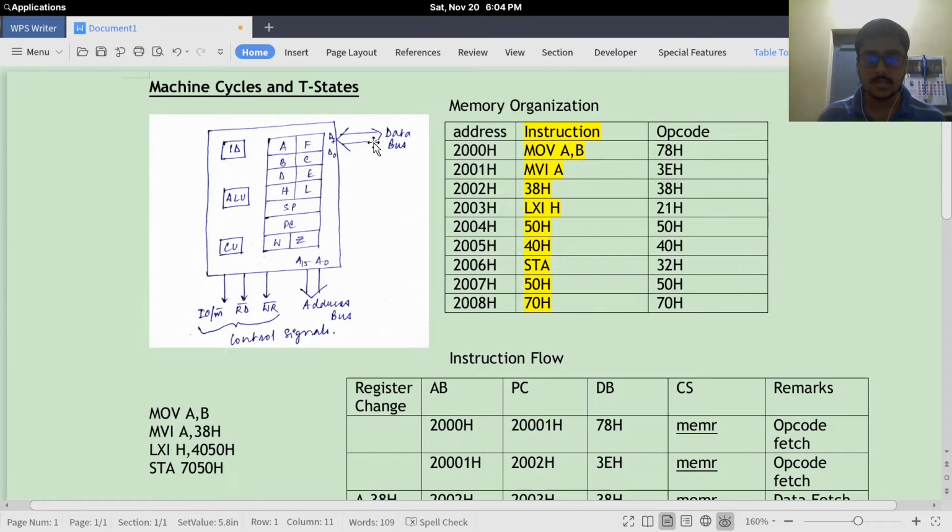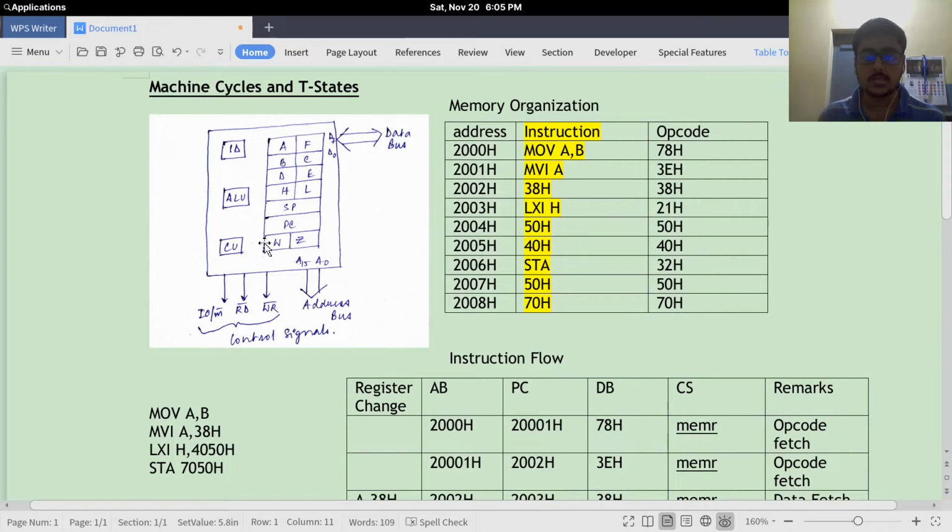Now since we need to store something from the accumulator in the memory address mentioned, this memory address needs to be referred by the microprocessor to a respective memory location. Now where do we store this address? We store this address in a temporary register, which is the WZ register.